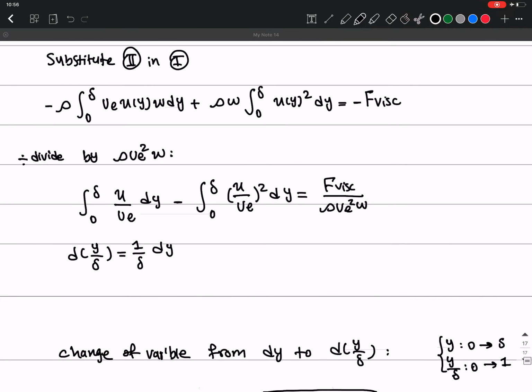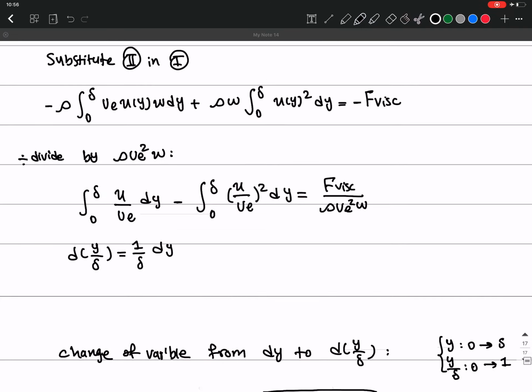So in order to get the total F viscosity, I can just integrate all these small elements over L. So 0 to L